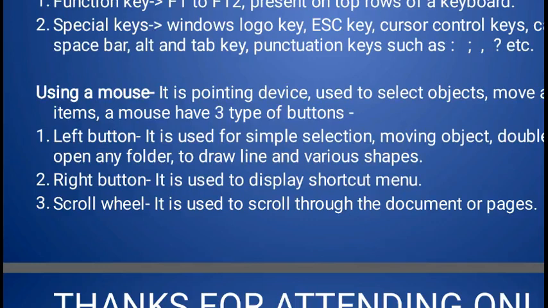Scroll wheel. Generally our document is very large, so it cannot fit on one computer screen. So our document will scroll. With the help of the scroll wheel button on a mouse, we can show the hidden and remaining portion of our file or document.